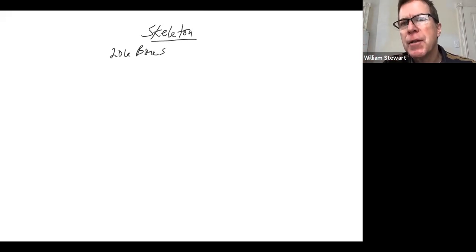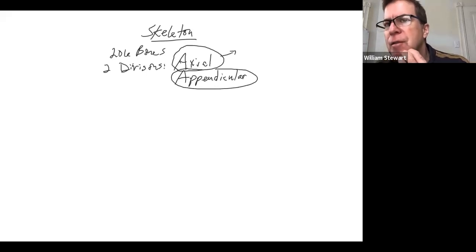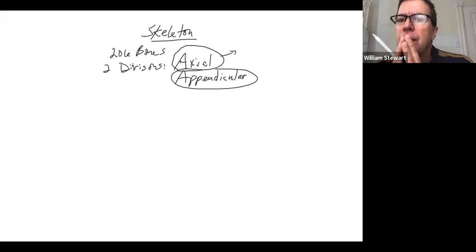There's two major subdivisions of the skeleton. That's called the axial skeleton and the appendicular. The first half of chapter 7 is about the axial subdivision. The second half is about the appendicular. This one, axial, the first half of chapter 7, just think of basically if you drew a line down the middle of a person, down the midline of an individual, that line would touch the skull,